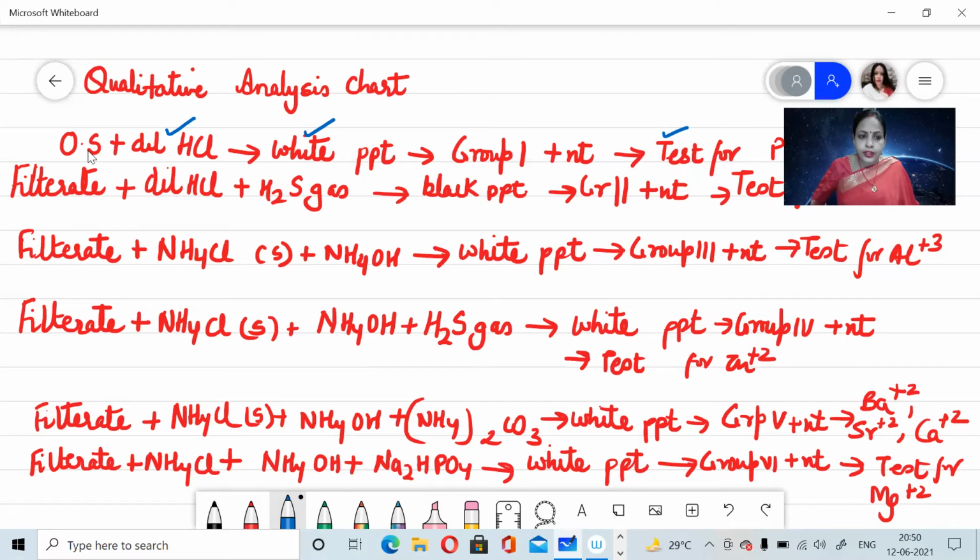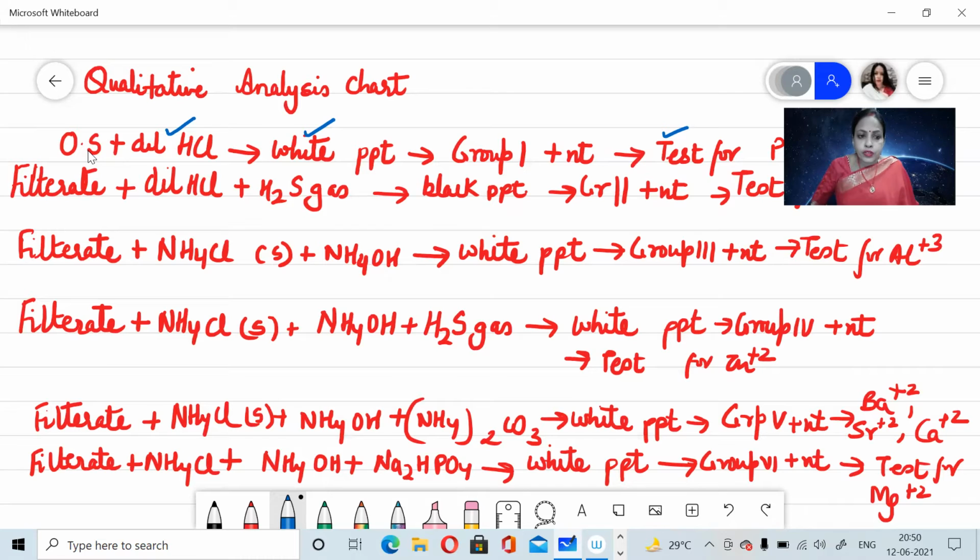To the filtrate, we can again start the next group analysis because earlier we used to get a mixture for the group analysis. You never know, they can always repeat the history. They can always start giving the mixture analysis again, though these days we get a single salt analysis.